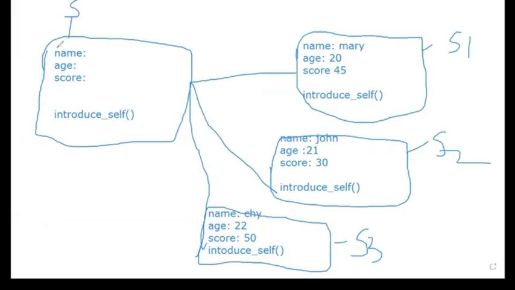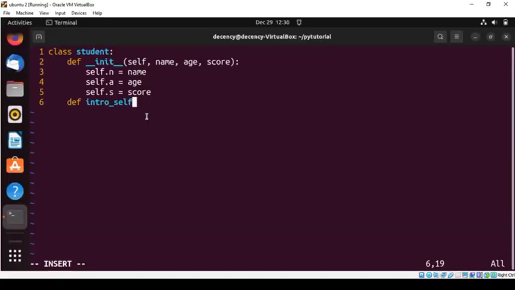Look at the attributes which are included in my code, name, age, and score. And this is the method. So let's go back to my Linux. So here, I'm using intro self shortcut. So you have self as an argument. So in my intro self,